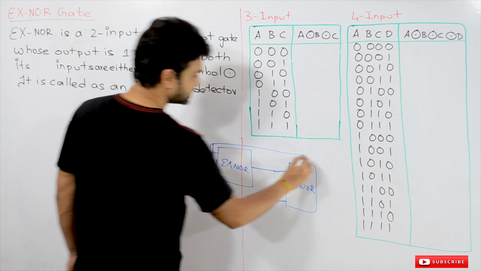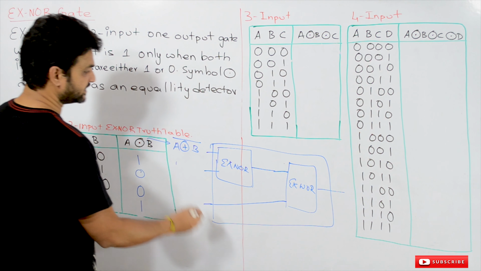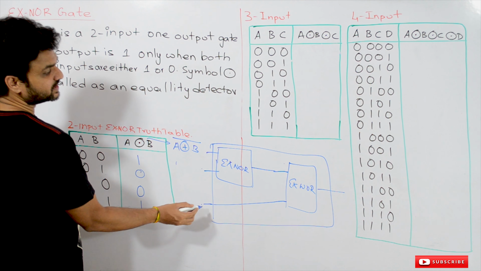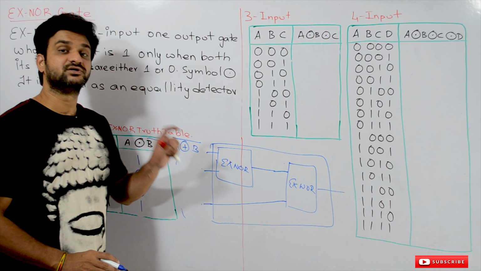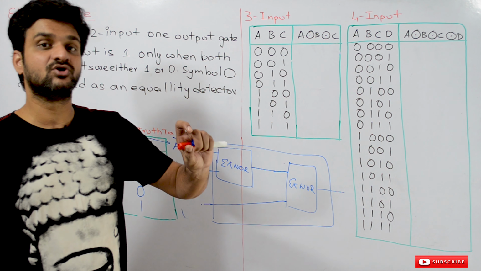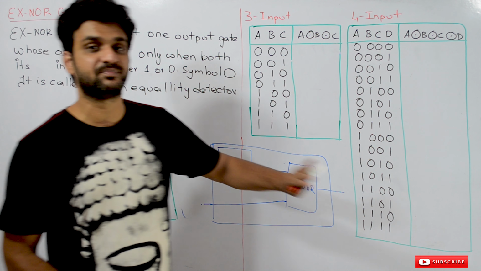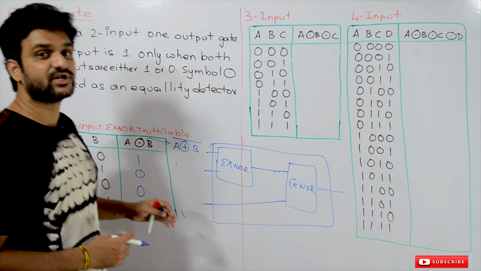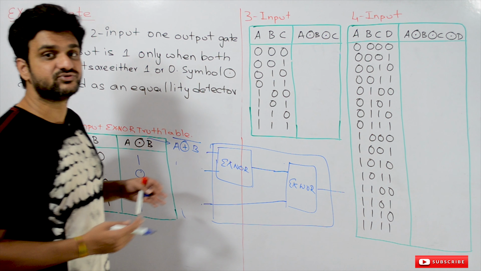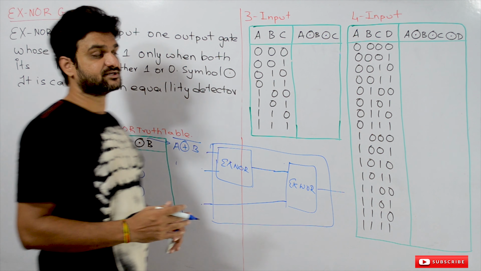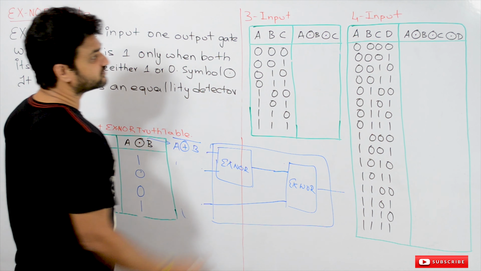So if this is a single circuit, and this output is going to be produced at the end, and these are the 3 inputs. This is how a 3-input XNOR gate can be created, but there is no XNOR gate with 3 or 4 inputs. More than 2 inputs will not be provided. So we have to create more than 2 input gates, XNOR or XOR gates, by using a combination of XNOR gates. Okay, so this is how we can create a 3-input XNOR gate, and we will check how the output will get produced.